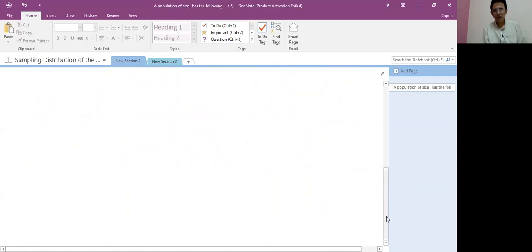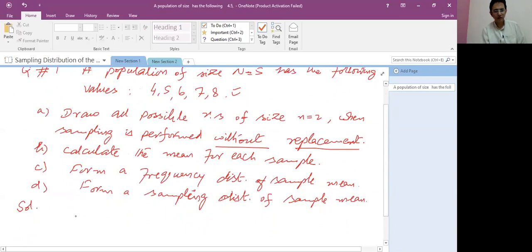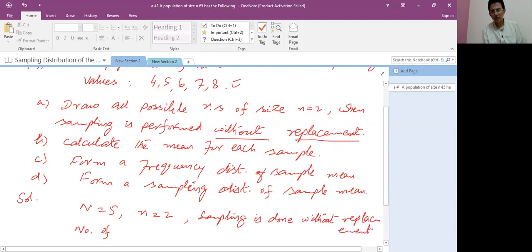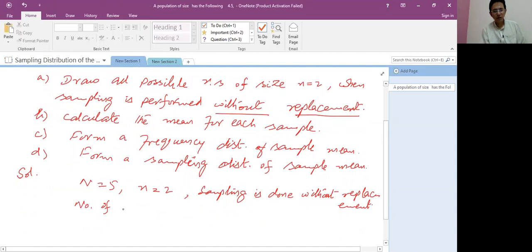So start now, student. According to the given condition, what is N? Capital N is 5, small n is 2. How can we find the number of possible samples? The condition we will use here is that sampling is done without replacement. It means the number of possible samples